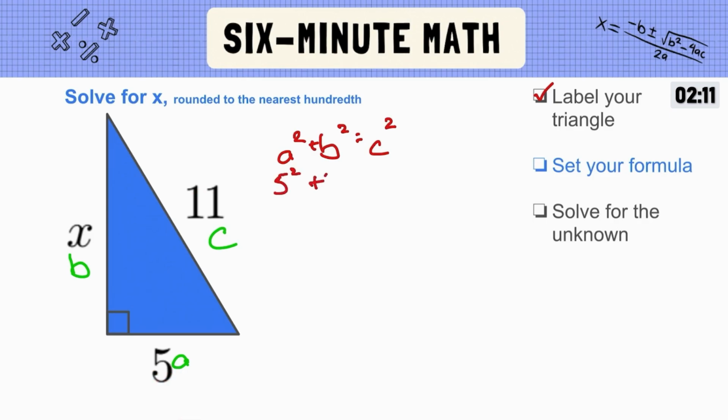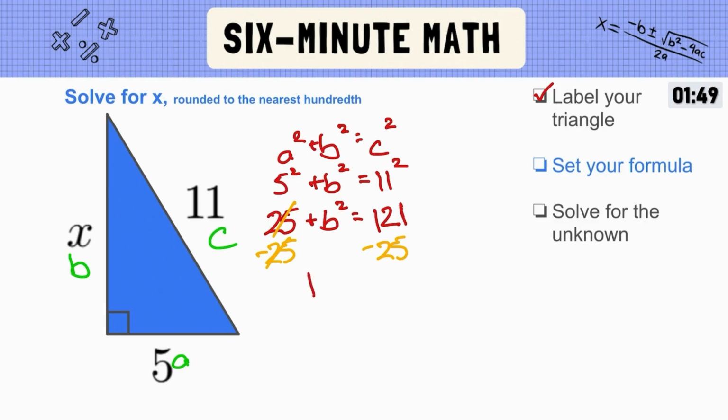So we have 5 squared plus b squared equals 11 squared. 5 squared is 25 plus b squared equals 11 squared is 121. And then we're isolating for b. So my first step is going to be to subtract 25 from both sides, which leaves me with b squared equals 96. And then my last step is I'm going to square root both sides to get rid of this square, leaving me with b equals